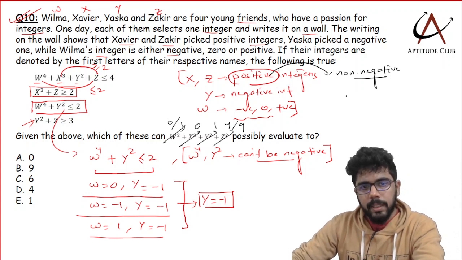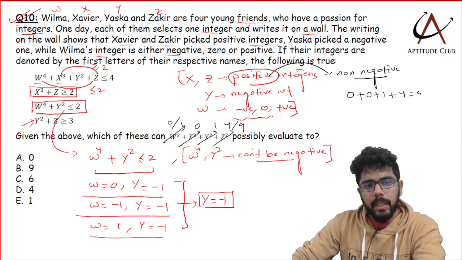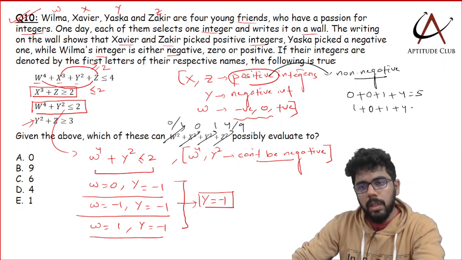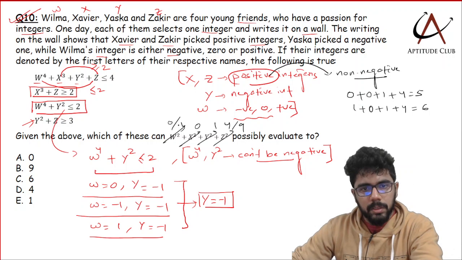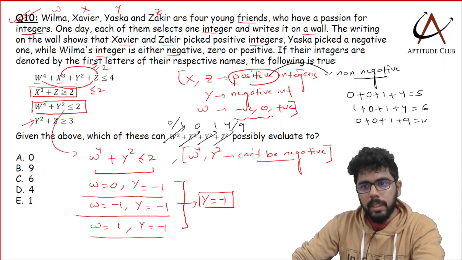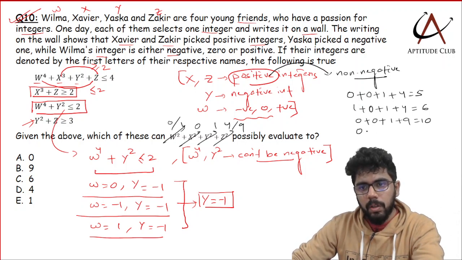So if you add this, I can get 0 plus 0 plus 1 plus 4, I can have 5 as a possible answer, or I can have 1 plus 0 plus 1 plus 4, I can have 6 as a possible answer, or I can have 0 plus 0 plus 1 plus 9, I can have 10 as a possible answer,